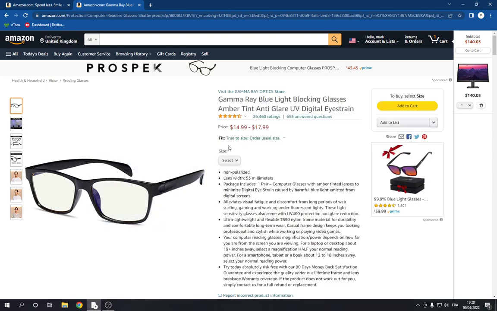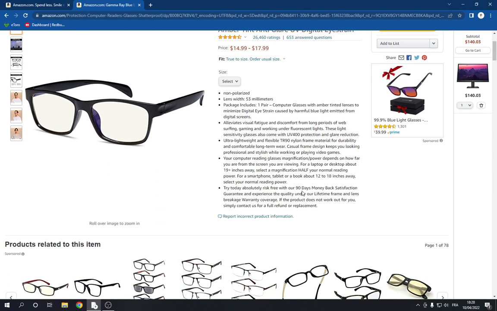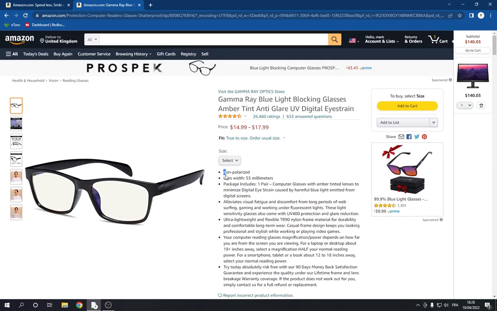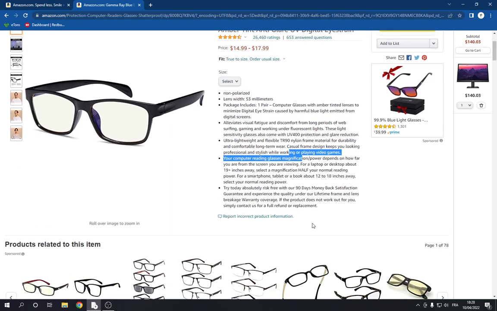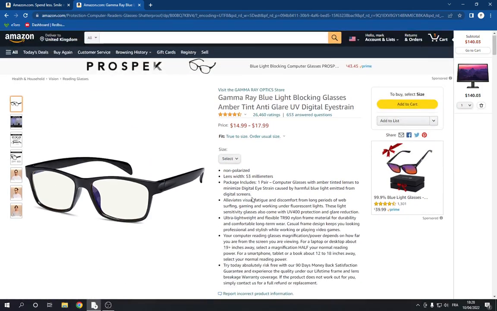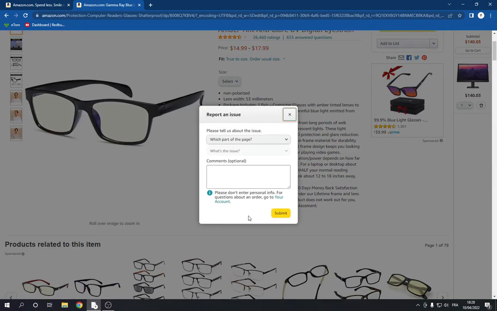So after you choose the product that you want to report, go down and you will find this blue option that says report incorrect product information. If there is incorrect information right here, you can just click on report and choose the issue type and write the comment here